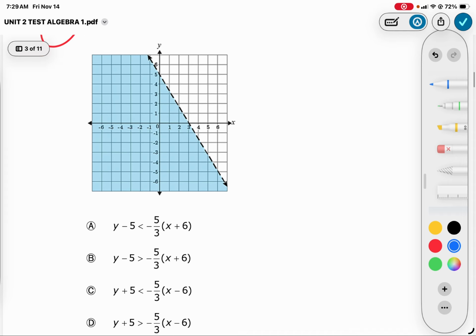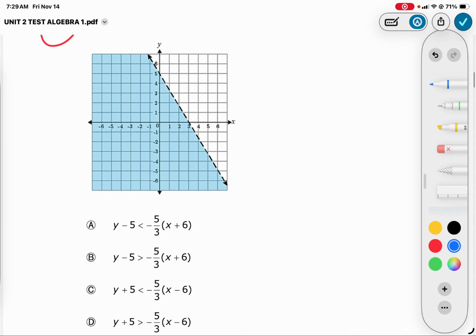And then for this question in particular, if we look at the answer choices, all of these answer choices are in point slope formula, okay, which means that we should be able to identify the point that this line passes through. So first, let's start off with